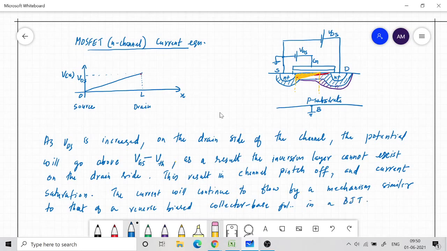So if a BJT is biased in the forward active region,